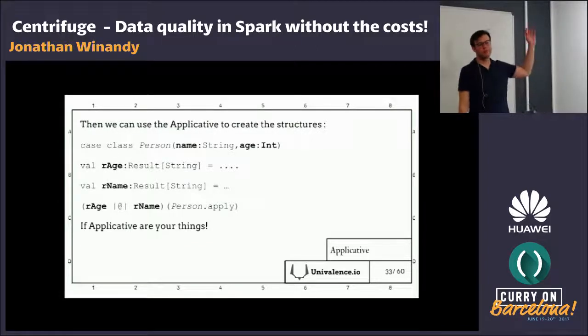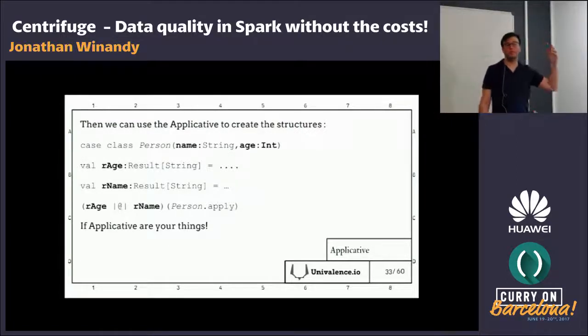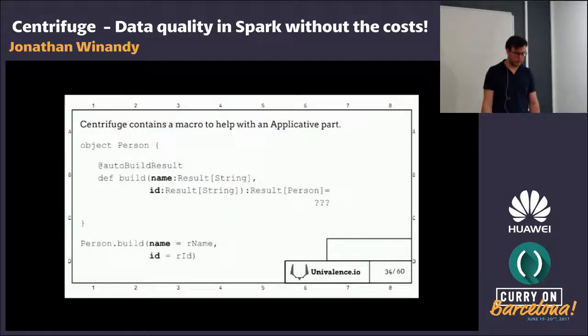So who knows about applicatives in the room? Applicative functors? Not much. It's very useful. It's key to fully understanding typed functional programming, but it's very foreign, so it's not something you would go to right away.